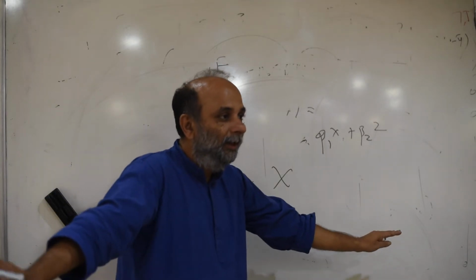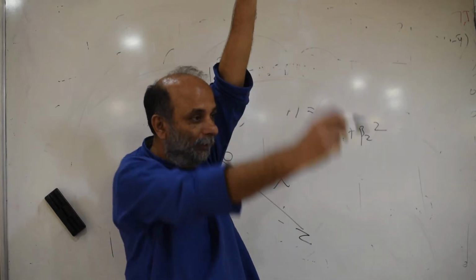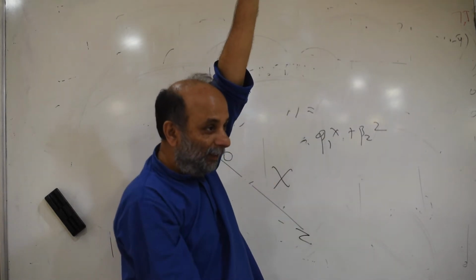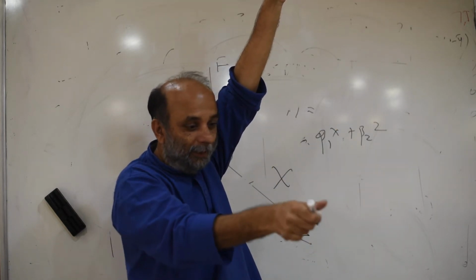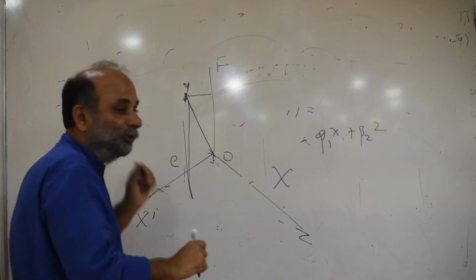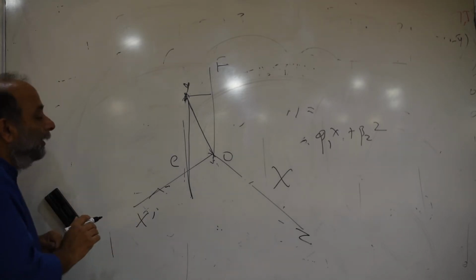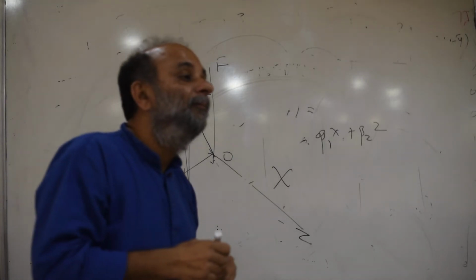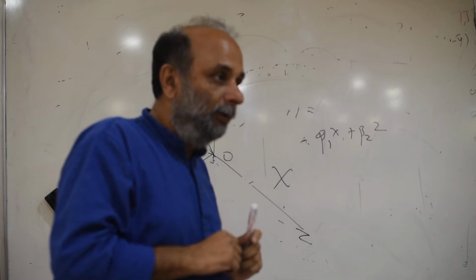See, x1, x2 is the ground. You are hanging by the crane. You are dropping straight. So that straight line I will call E. Your E has to be perpendicular to x. It can't be bent like this, so it will take longer to travel. Right? So E has to be perpendicular to x. When two vectors are perpendicular, their dot product is 0.